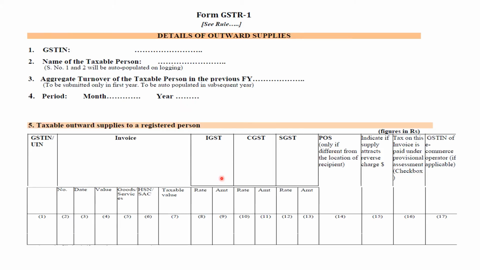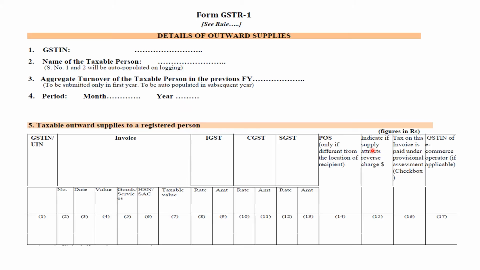While this IGST rate amount, CGST rate amount, or SGST rate amount need to be line item wise, POS will always be invoice wise. And this reverse charge shall always be invoice wise. So POS, reverse charge, tax paid under provisional assessment, these flags will always be invoice wise. So these flags are POS, indicating supplier tax reverse charge, or tax on this invoice paid under provisional